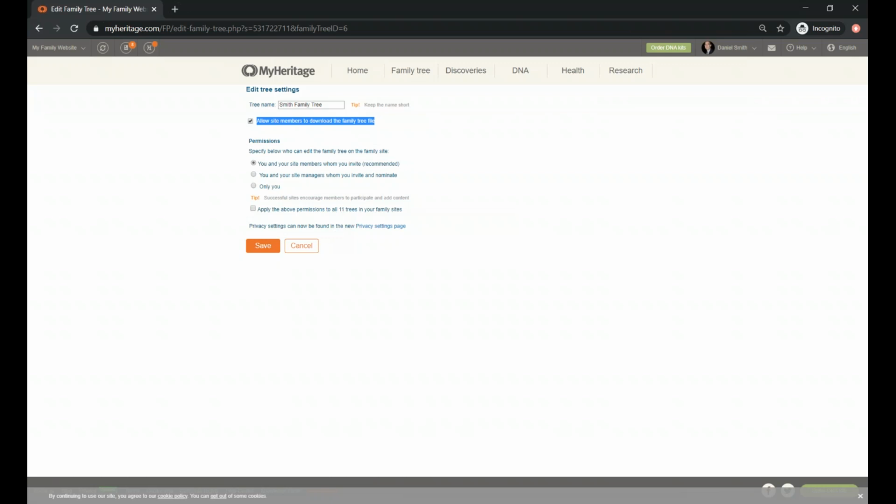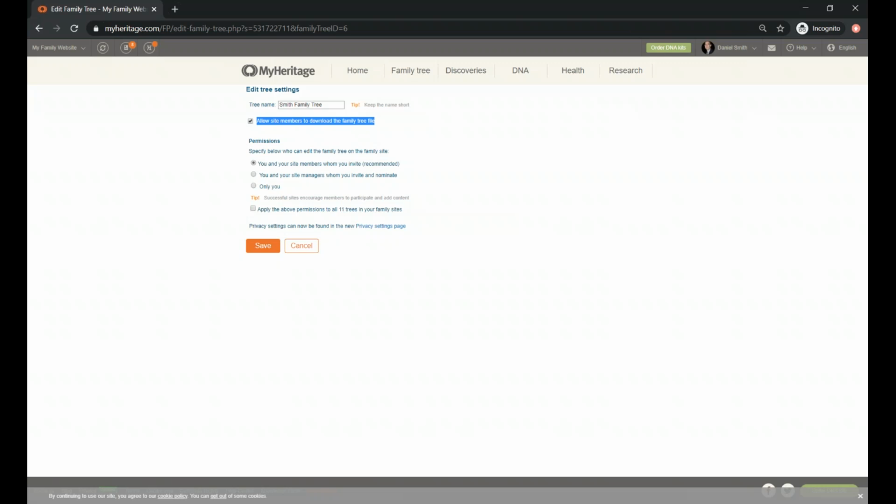Irene is already asking, what is a site manager? Very good question. I'm going to expand that in just a couple more moments. But let's say it like this. You are the site creator. You are the person that started this website and this family tree. A site manager is another person in your family or in your website who has almost the same permissions that